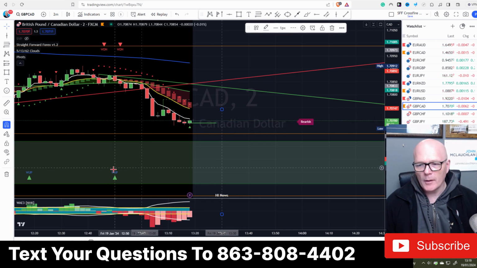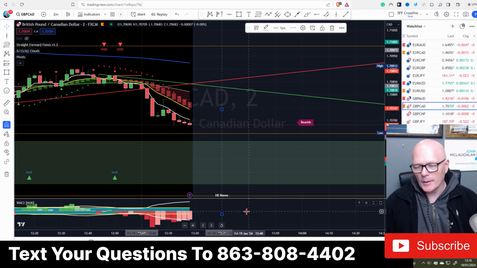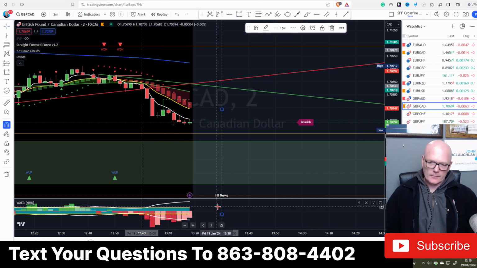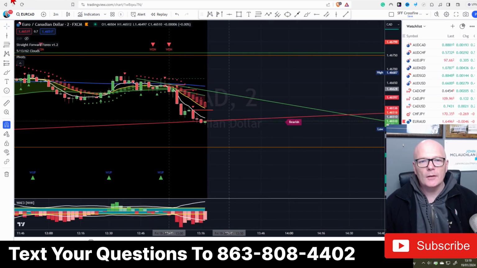So currently, where am I? I'm in a wave down. I've got the PSAR flip. The candle's the wrong color, and also on the Waddah Attar, it's showing me that it's slowing down. It's weaker because of the color of the histogram, and it was pulling away on the dead zone, on the explosion line. But now it's just starting to curve back, so it's not 100%. So let's just go and have a look at EuroCAD.